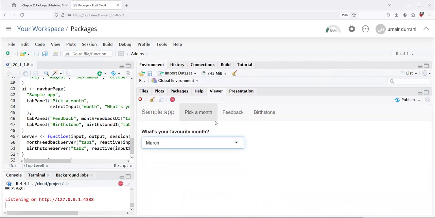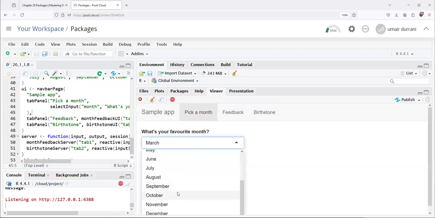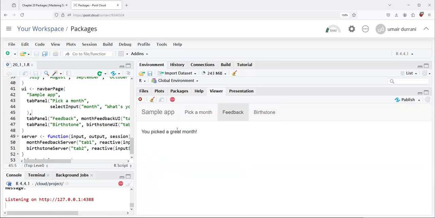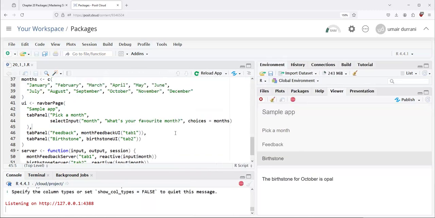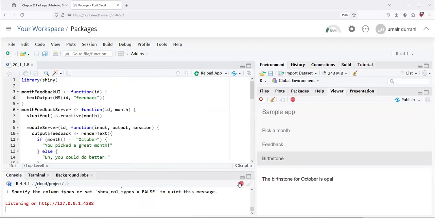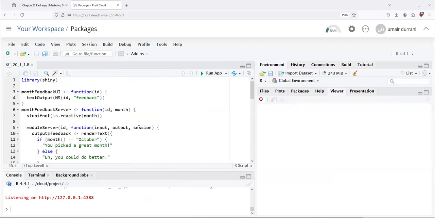And if I change the month here, look at feedback, we get "you could do better". And we see the birthstone for March is aquamarine. If I change that to October, then you see "you picked a great month", and the birthstone for October is opal. So this is a simple app which has two modules,